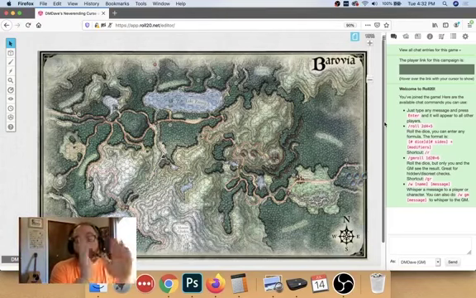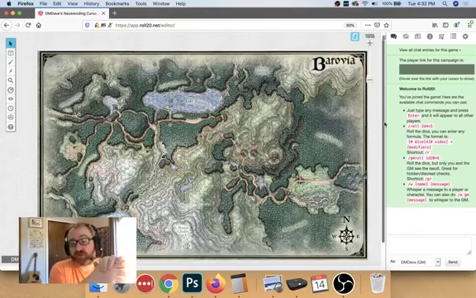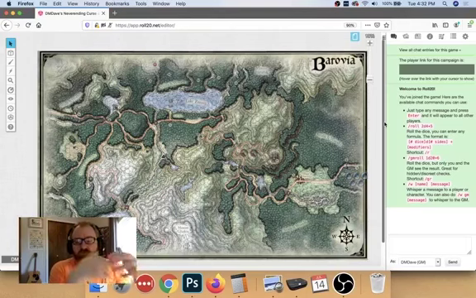And that's for very large travel, because stuff at that scale is really not meant for overland travel, because the average party is only going to be able to move on foot or horse about 24 miles per day at a normal pace. That's more for getting a view of their regional conflicts, how the countries fit together. I would say your big maps of Faerun, however you want to pronounce it, would be at that scale, where you can see all the little stuff, and then you can have teleportation or just